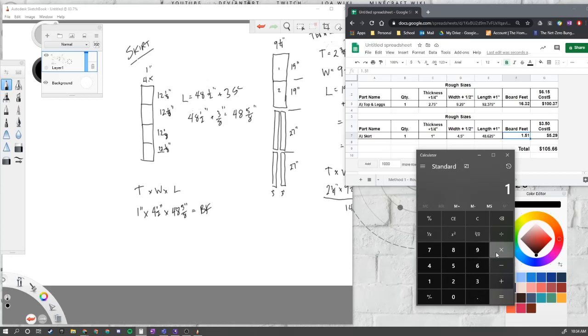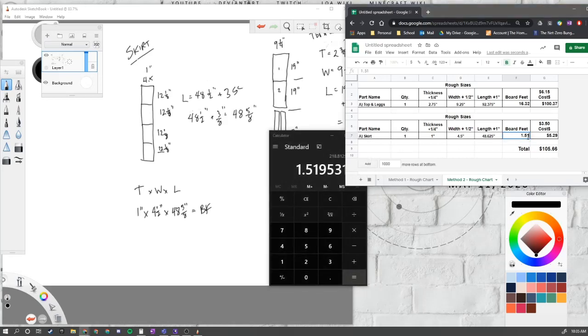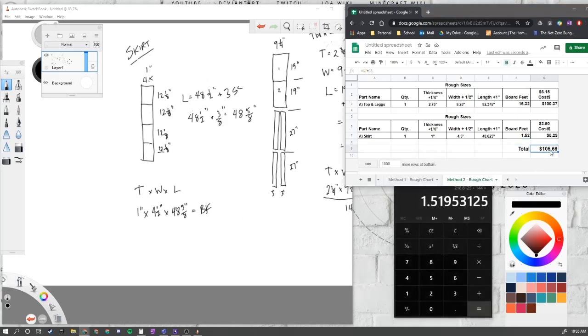So we have 1 times 4.5 times 48.625 divided by 144 is 1.519 this time, so we'll change that to a 2. It's not going to change things by too much. Remember, I missed 3 saw cuts, and we overestimated by an inch anyway, so we have lots of leftover lumber there. But anyway, you can see $105, and that's how I would lay out